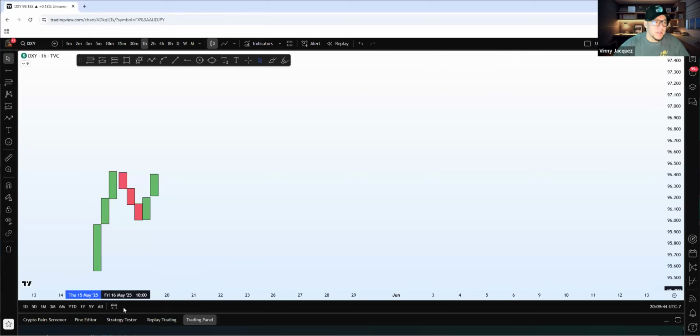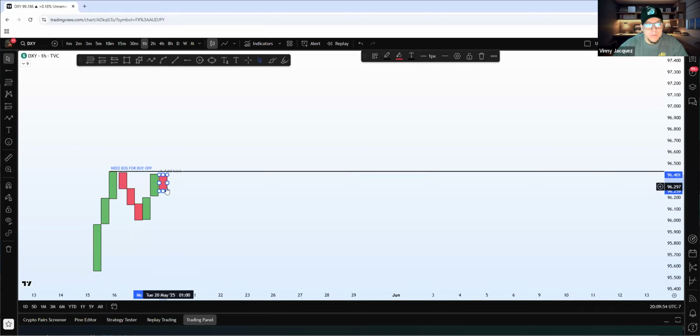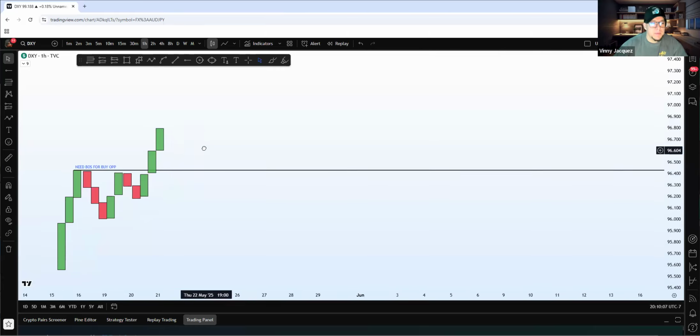If you're just eyeballing it, don't get me wrong, you will be able to see it. But there's just something about keeping that line there and actually waiting for that market to break and close above, right? So that's what we're waiting for. We need the market to break and close above, okay? Now let's just say news starts to come in, and this is what we get. We get this type of activity right here. Boom. Market starts to give me that BOS.